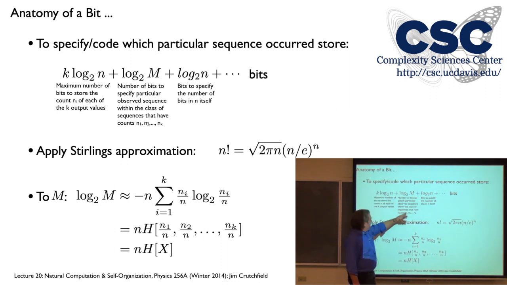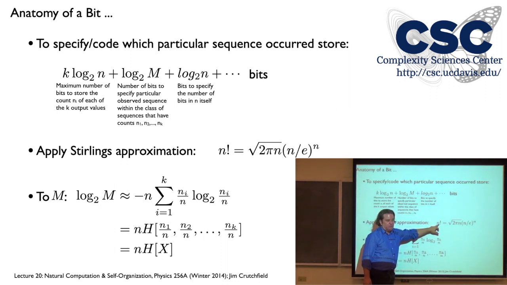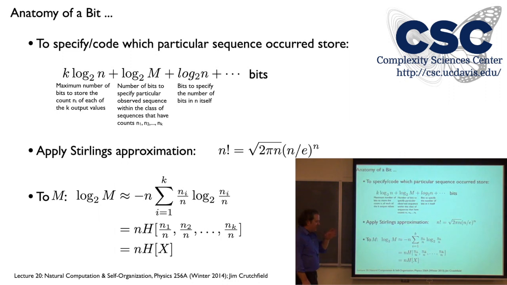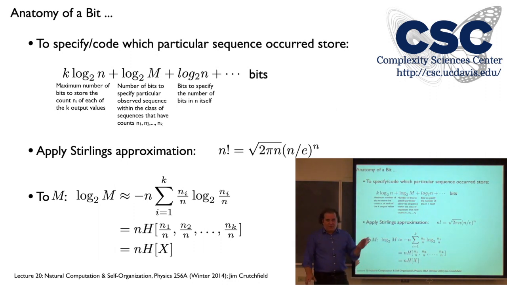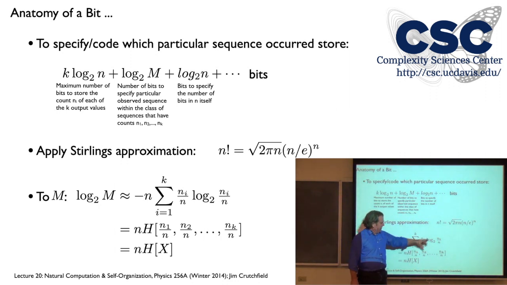The way to do that is to apply Stirling's approximation to that multinomial. This is familiar in a lot of different areas, of course. So I'll do this in terms of log. For log of m, I apply this Stirling approximation, replacing all the factorials in the previous expression with the appropriate ones for n sub 1, n sub 2, and n sub k. Plug all that in, and I won't go through that. It's really a useful exercise because what pops out, I'm showing here the punchline, is something that looks a lot like